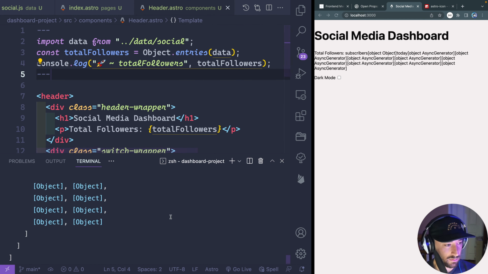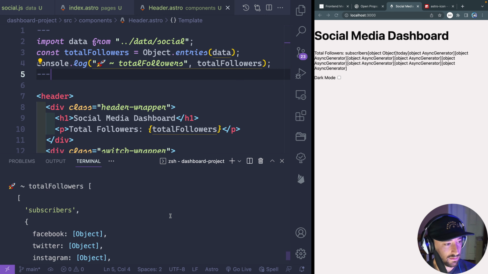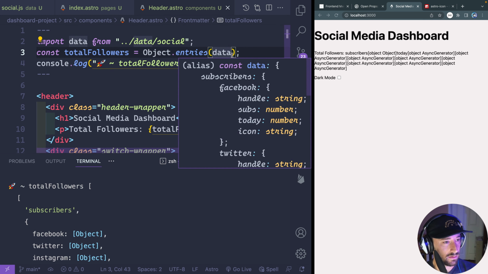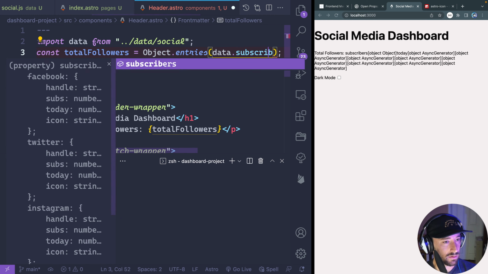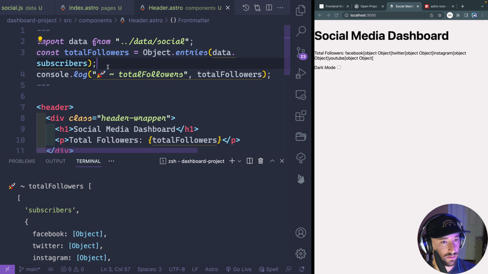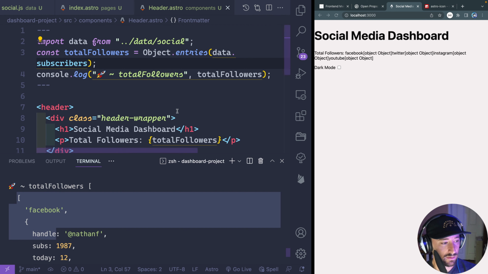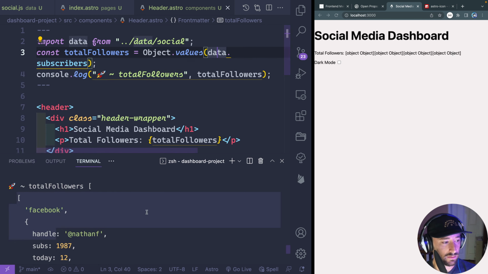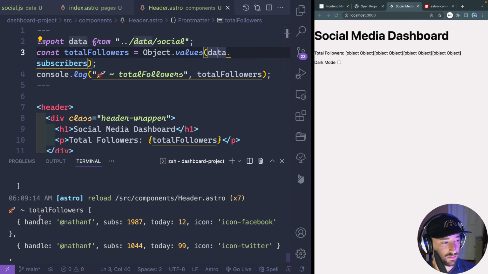Again, it'd be really nice if I wasn't so zoomed in. Okay, so today subscribers. Data dot subscribers. Yeah, okay. Then what I want, that should give me an array. Okay, so it gives me an array with each of those items. And I guess really all I need is the values. All right, so there we go. So now I should just have objects. There we go. And then what I want is